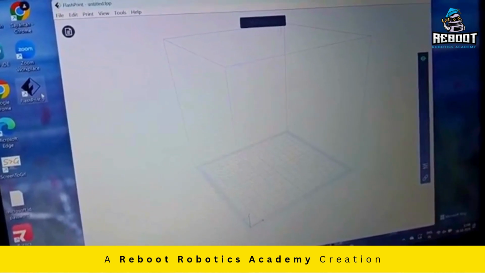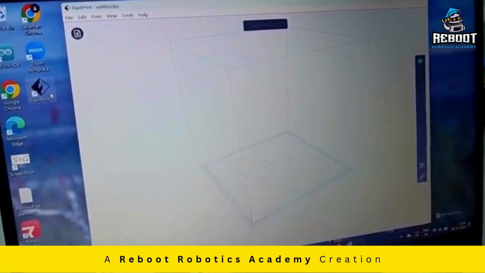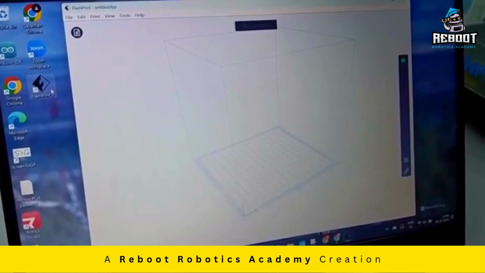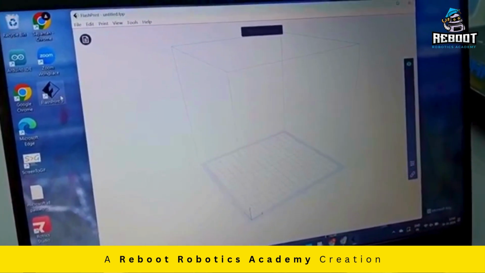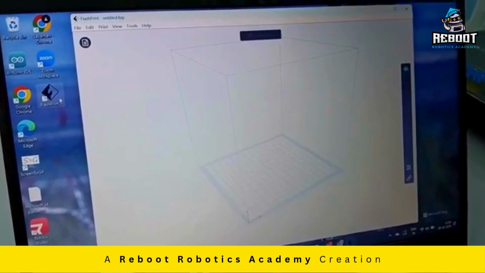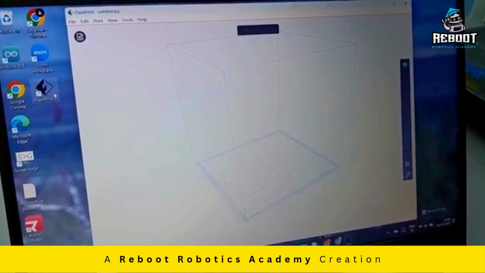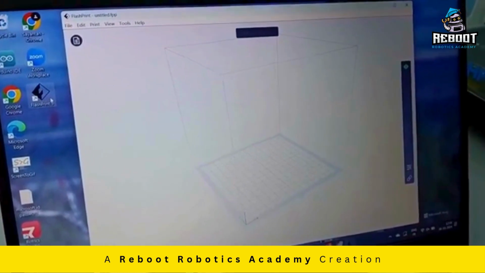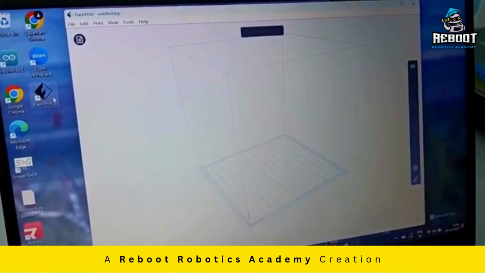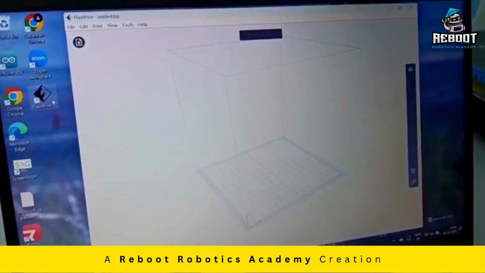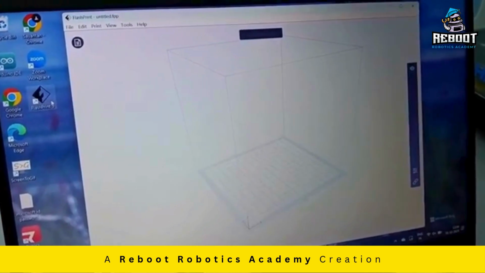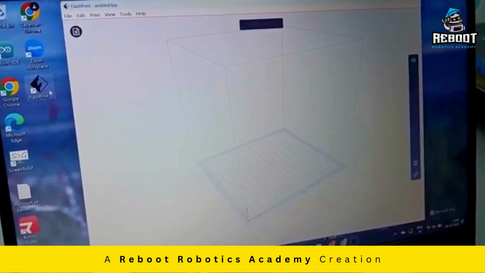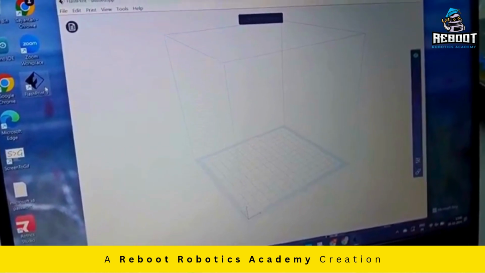We need to take it through this scaling procedure, where the entire model is scaled. That means it's made sure how big it would be, what its size would be. It would be a standard print, a fine print, or a quickly printed model. Based on these settings only, the 3D printer would adjust itself accordingly and give the output. So we need to do all those things over here, and for any sort of repairment, this scaling